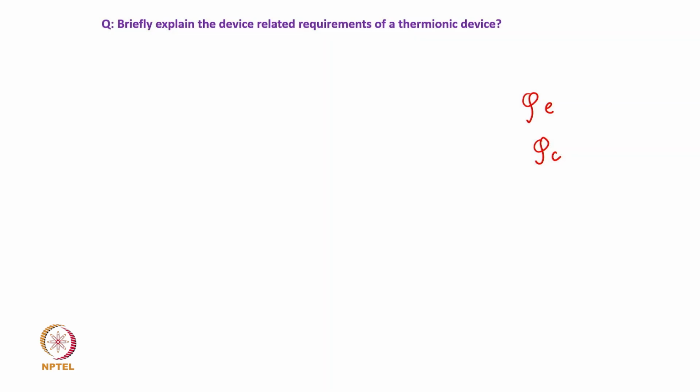okay. Then a very important thing is their stability at high temperature, because I mentioned that in order to generate more current, or in order to make the thermionic emission device efficient, one has to raise the temperature. Therefore, thermal stability is very important. Similarly, chemical stability is important.